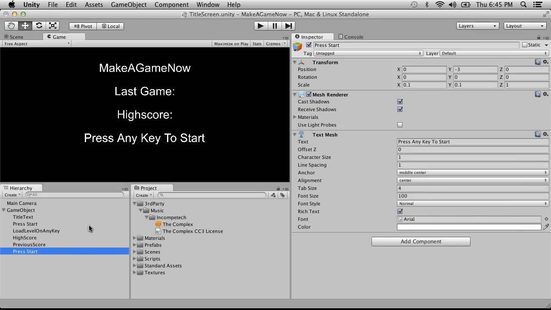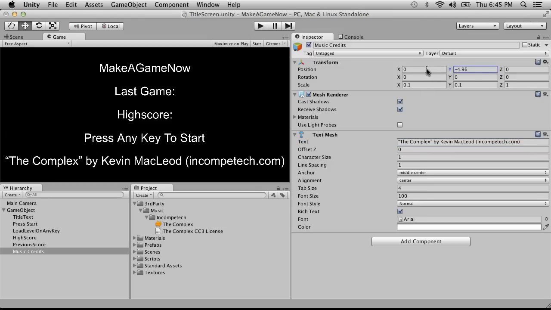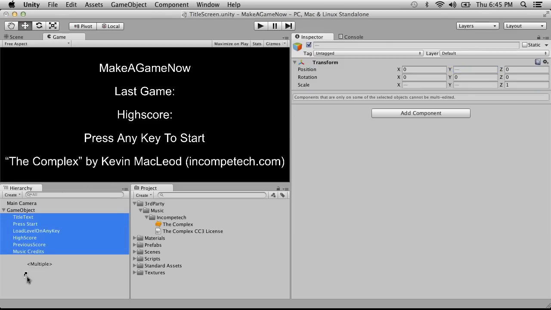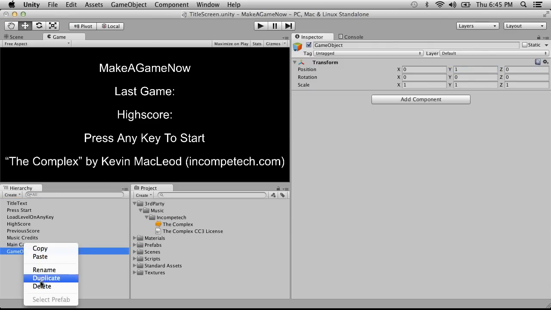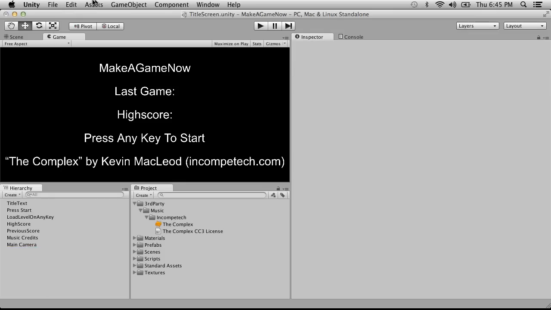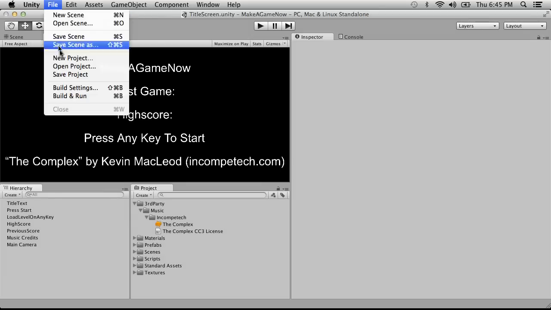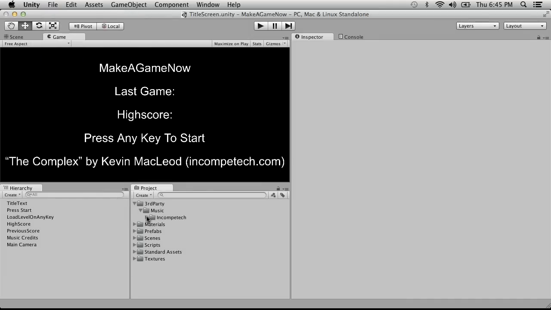We're going to hit duplicate, that's Command D or Control D if you are on Windows, and we're going to call this music credit, and we're going to put this text in, complex, and we are going to slide this down on the screen. -5 will be sufficient, and I'm going to go ahead and move all these things out of their container again, get rid of this thing, delete. So we're going to hit save scene, save project, and